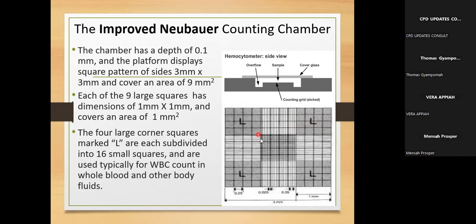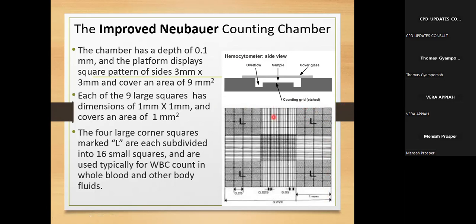Good. Now let's look at some calculations. This whole here is a square, and the dimension here is 1 millimeter. So if it's 1 millimeter, then the entire stretch here is going to be 3 millimeters. Okay, the entire stretch here is going to be 3 millimeters. And then the entire stretch here is also, because it's a square, going to be